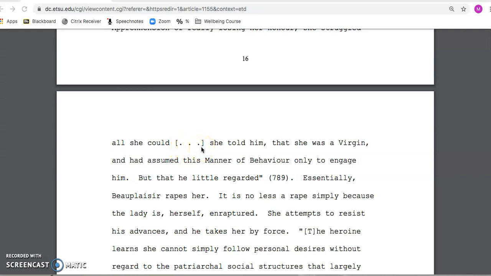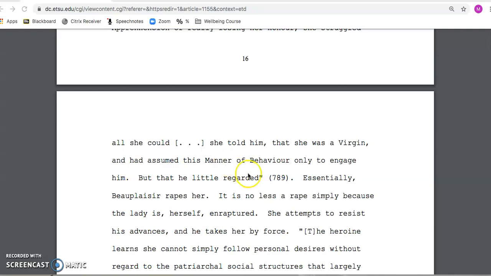the ellipses. That's something that you're able to do if you'd like to. Sometimes you don't need the entire quote. If you only need a part of it and there's part of it that you can remove without changing the meaning, then go ahead and do that. You only need the parts that are actually useful for making your point.